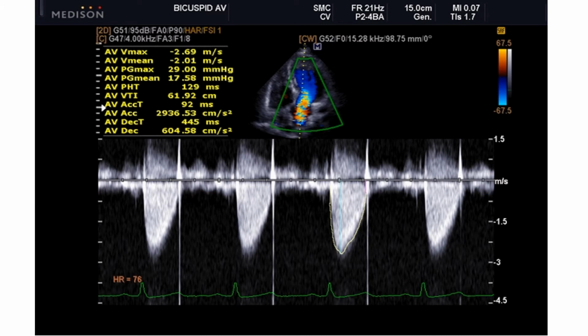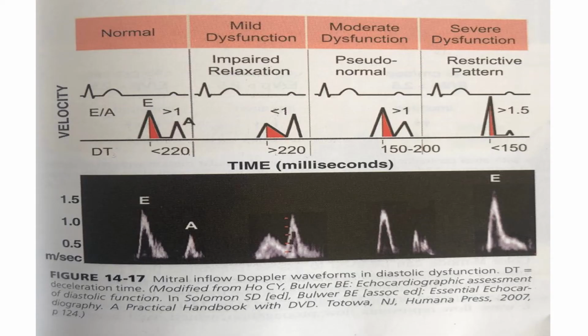This is another depiction of the Doppler with a color flow superimposed on the grayscale with a continuous wave Doppler below. Using Doppler waveforms, we can study the systolic and diastolic functions of the heart. This is depicting the mitral inflow. During early diastole, a majority of the blood is ejected passively from the left atrium into the left ventricle. Following in the late diastole, a further amount of blood is ejected from the left atrium due to active contraction of the left atrium. This is seen in normal people. During diastolic dysfunction, the E by A ratio is reversed.